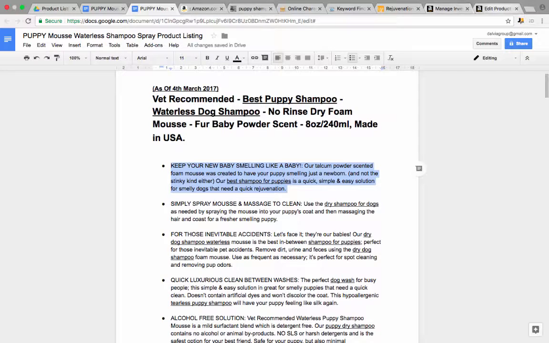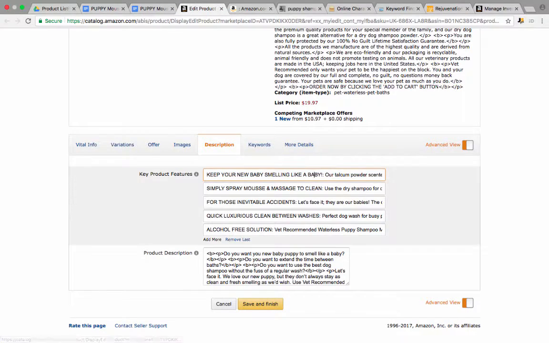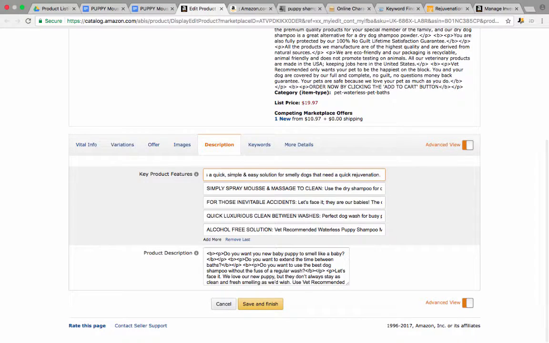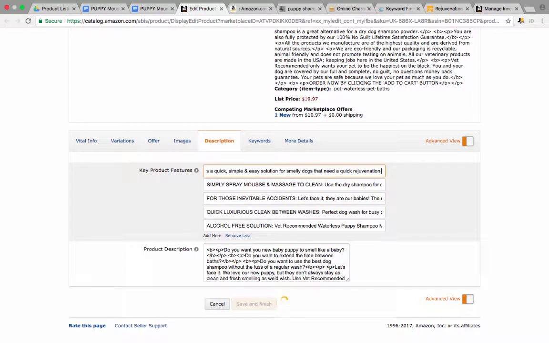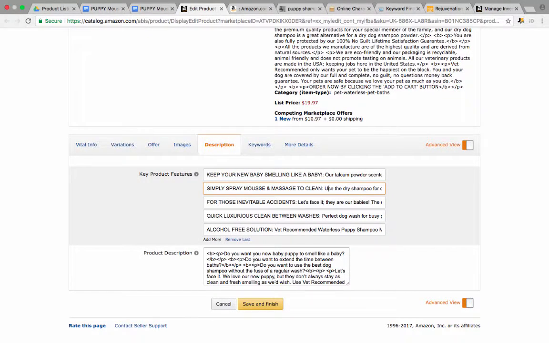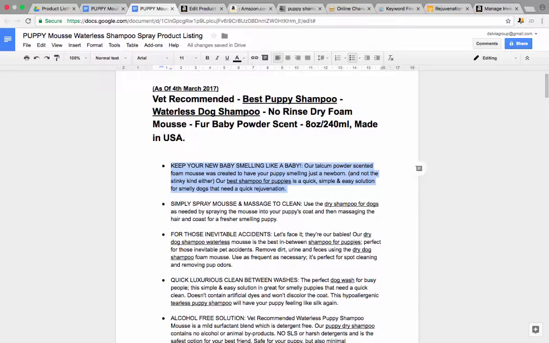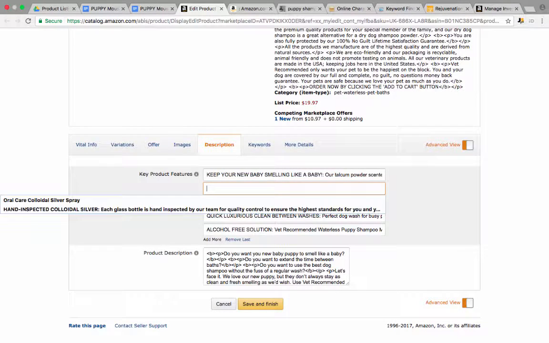And sometimes it's a good idea to drag your tabs down so you're not going back and forth. So just select all, delete, and then redo that. Just make sure there's no spaces on the end. Same thing with the second bullet, we take that out. Let's grab the second bullet, copy,